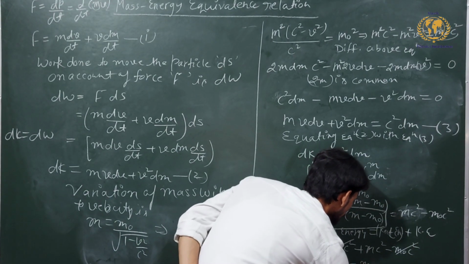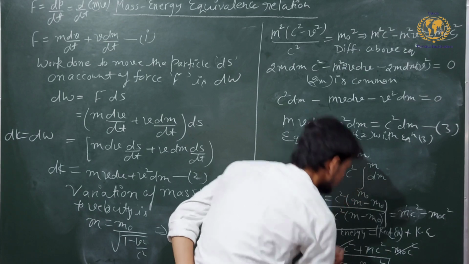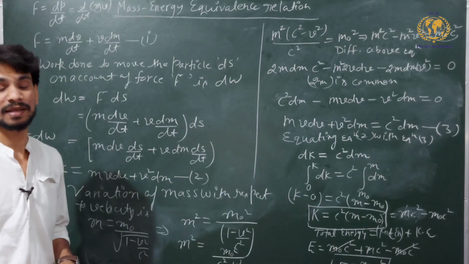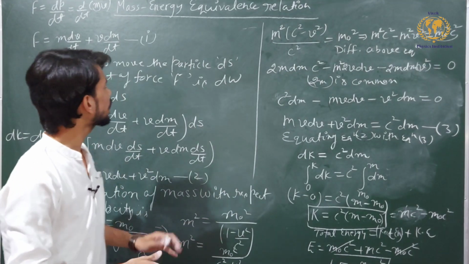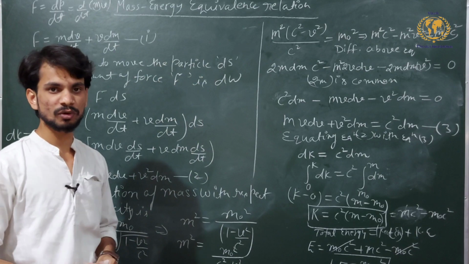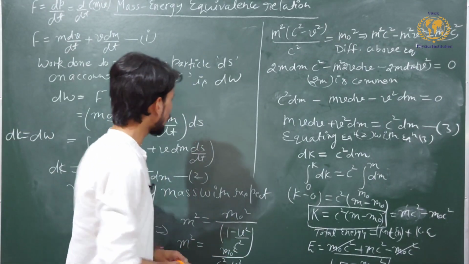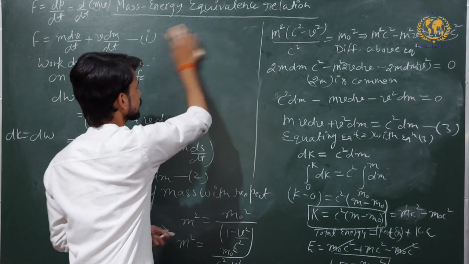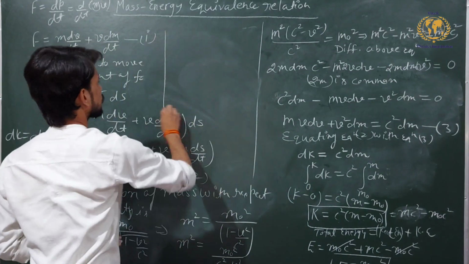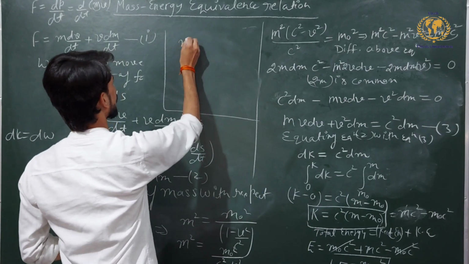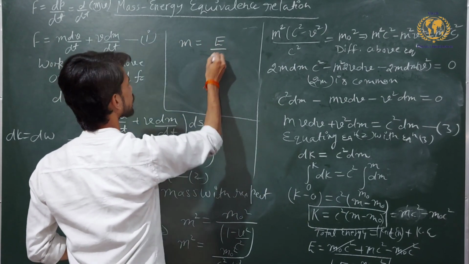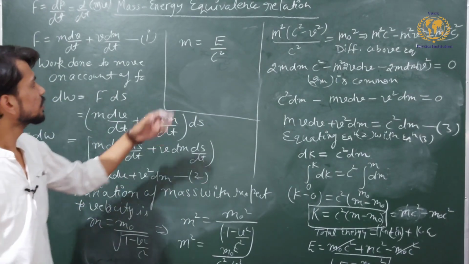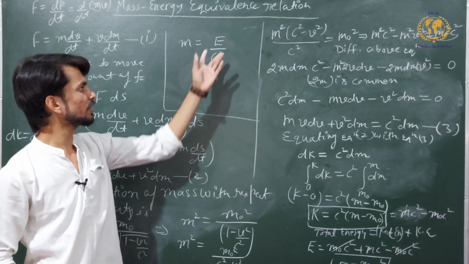And the total energy of the particle is E equals mc square, which is the very famous formula given by Einstein. Okay, this formula is very well known as the mass energy equivalence relation. From this formula you can also write it, let me write here, in terms of mass: m equals E over c square. If you are interested to find the mass of a particle having energy E, then you can go through this.